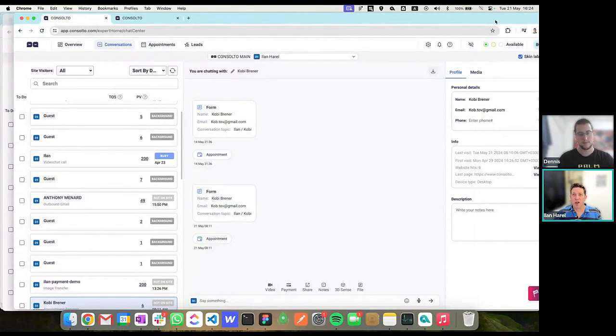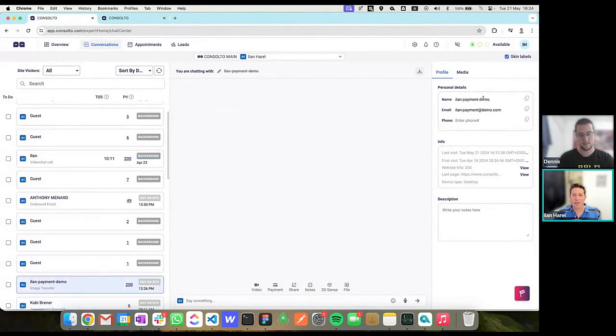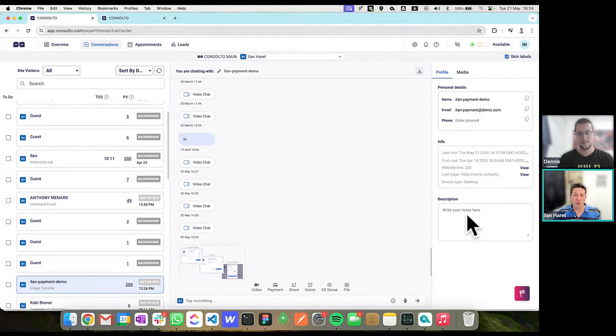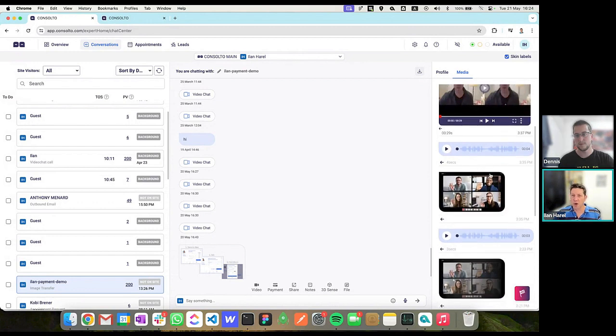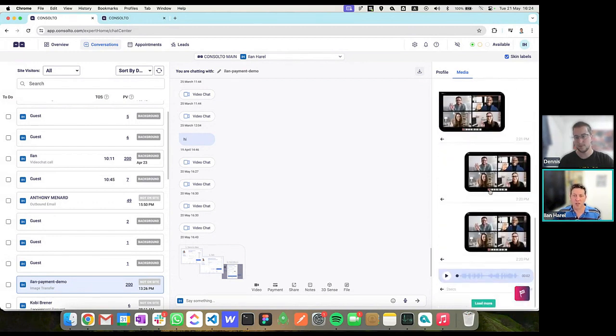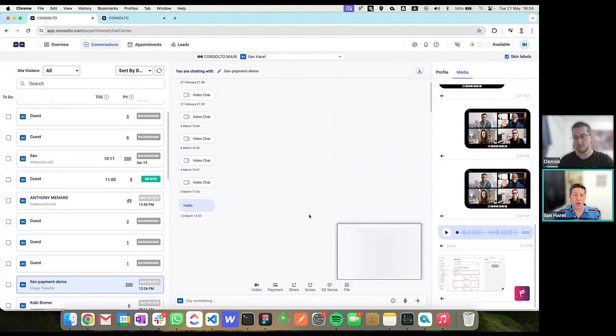Customer profile. Everything here on the right is related to the customer profile. You have the name, the email, and phone number. These are editable, so you can change them. A little more information about the device types and your own description. This is something that your customers will not see. And you also have all the media that passed. When I say media, it's files, video recordings, audio recordings, and that kind of transactions. You have them in one place, very convenient to see what went and where.